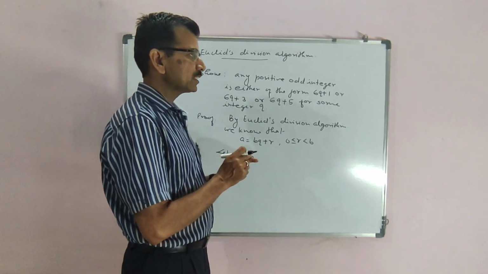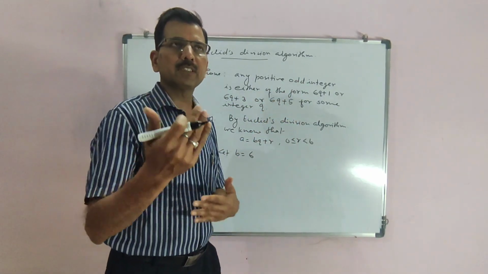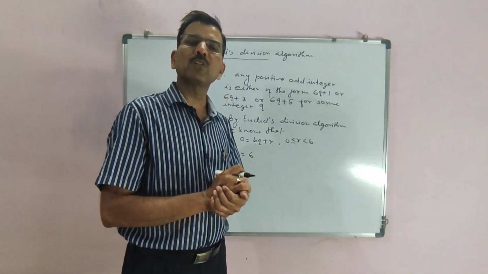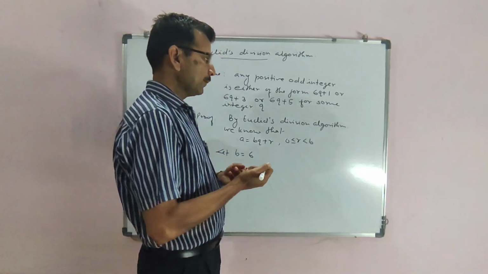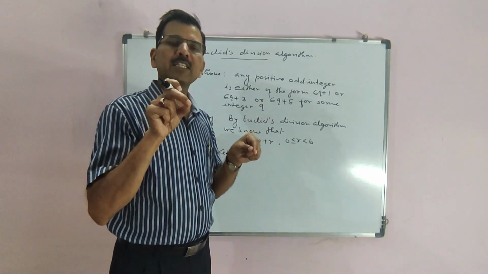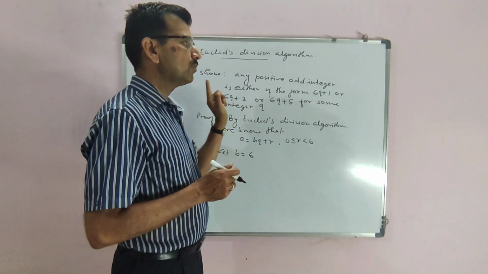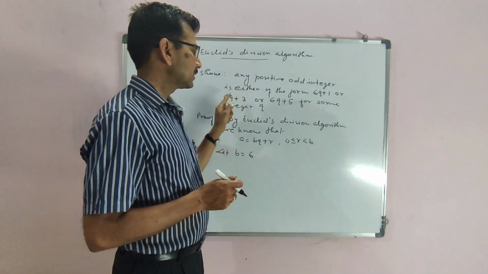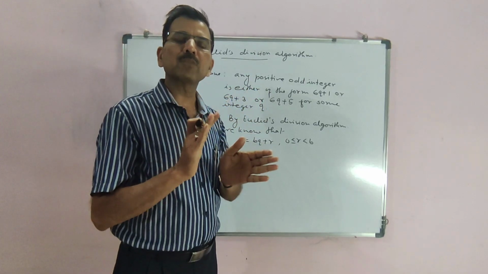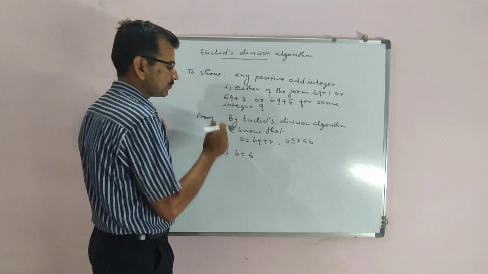Because we have 6q plus 1, 6q plus 3, 6q plus 5, and we are aware of odd integers also, which are not divisible by 2, or which are not multiples of 2, we can say. So an odd integer we have to prove in the form 6q plus 1, 6q plus 3 or 6q plus 5. I am giving stress on this because it should be there in the mind. Clear to you? This is the part of the question. This also we are knowing.